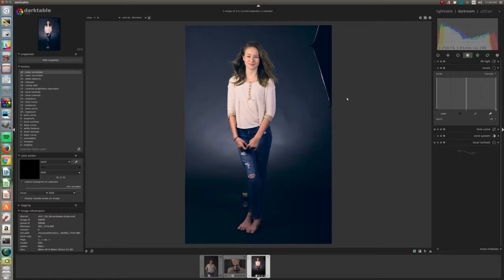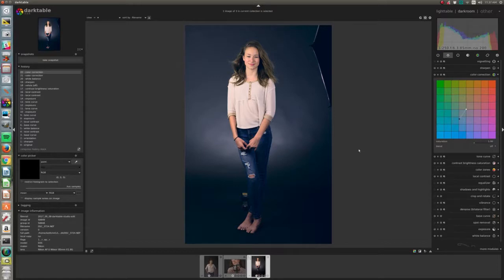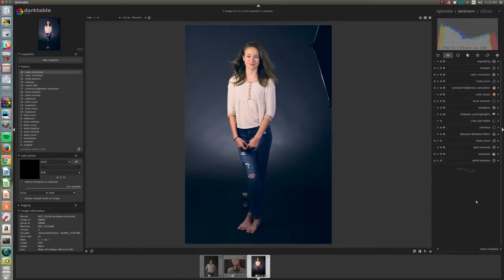And levels gave a fairly similar result, I found, to exposure, although the center bar can do funky things. I usually use this if I'm trying to get some specific effect too. But if it's well exposed in the camera, there's very, very little that I do in Darktable at this point. That's possibly it, although